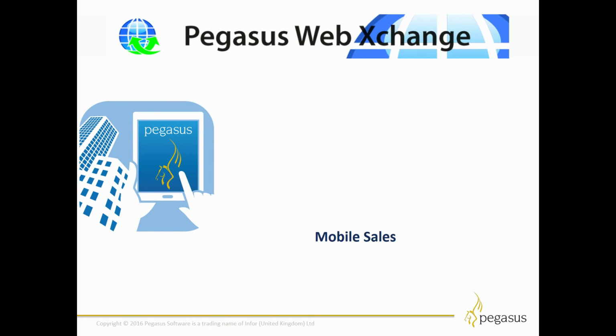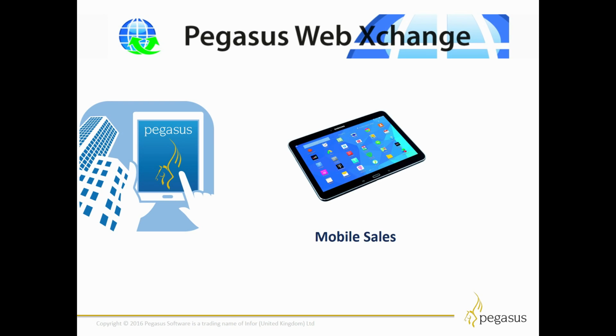In the world of mobile devices, many companies are embracing the concept of allowing their employees to use their tablets to access some of the company systems remotely. This enables these employees to make more effective use of their time, especially if they're working in a sales role and are not office-based. This means they can use technology as an enabler to help them communicate effectively with their customers. The whole purpose of the Pegasus mobile sales app is to improve access to this information and to help